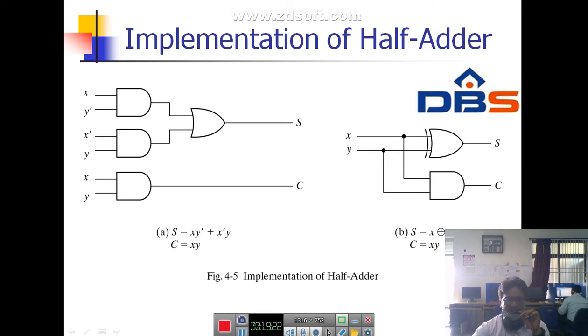This can again be realized, or the entire combination can be connected as a simple exclusive OR gate, an XOR gate. From that also we will get the functionality. We have two inputs, and the output of the XOR gate is nothing but S is equal to x exclusive-OR y, which is nothing but x bar y plus x y bar.